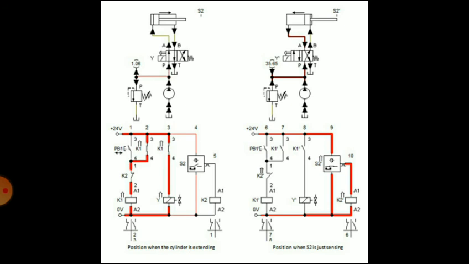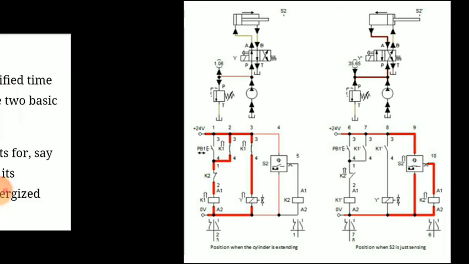After de-energizing the solenoid Y, you can see in the circuit diagram the valve position is changed, P is connected to B, and the return stroke is started. At the same time A is connected to T. So this is regarding the working using proximity sensors.